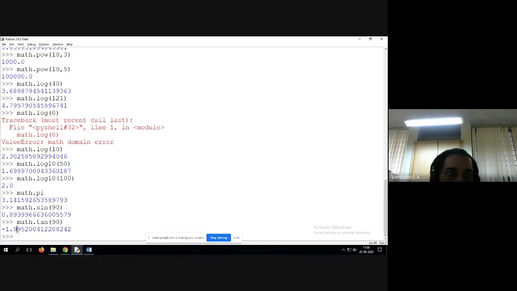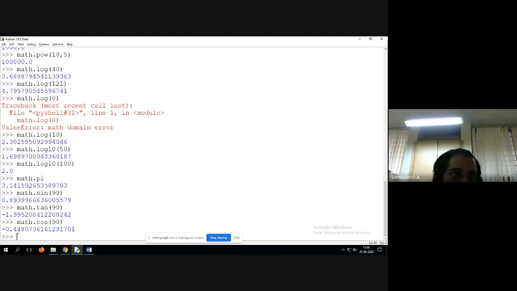Similarly, let us see math.cos of 90 degree. So it is showing a negative value.